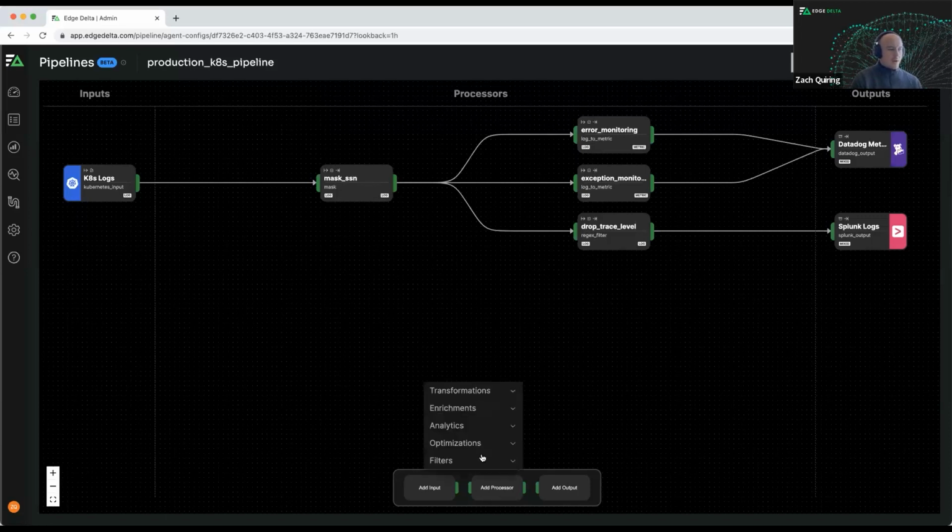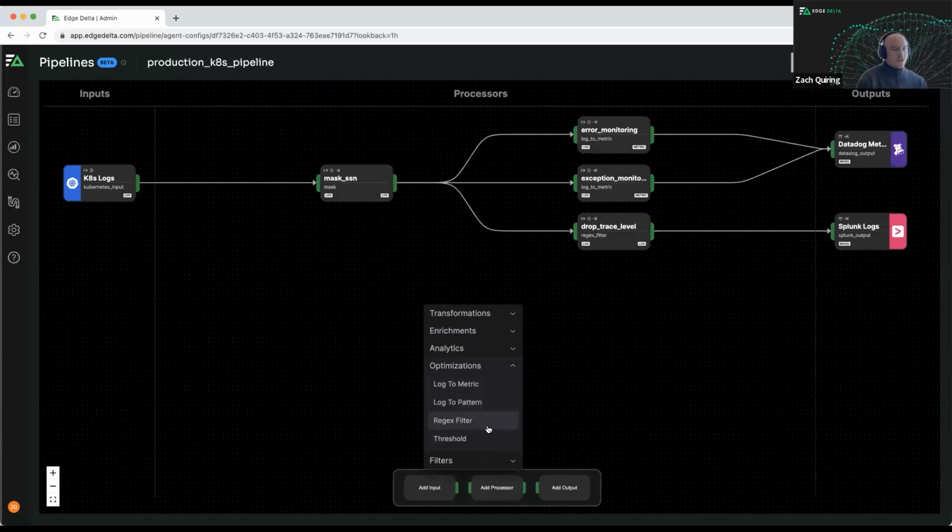Looking at the library here, we'll see things from various transformation functions, enrichment functions, extracting analytics from log data, which is a core aspect of the Edge Delta platform, performing different optimizations. So these are typically used for use cases where the goal is to optimize and make sure the data sets that are being routed to downstream tools are as efficient and valuable as possible, and then various filter